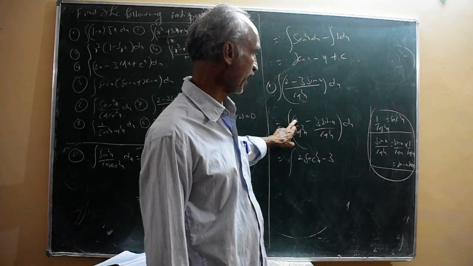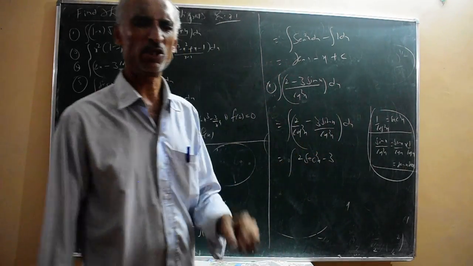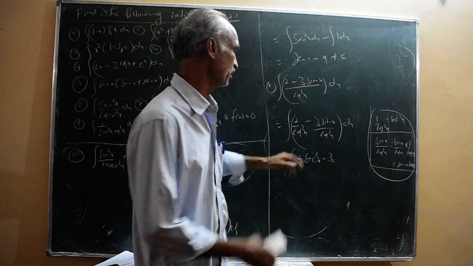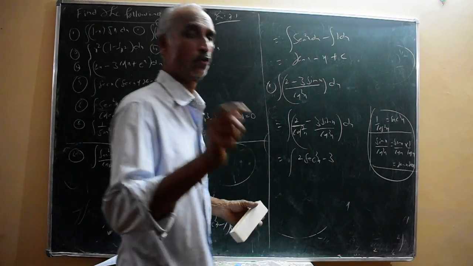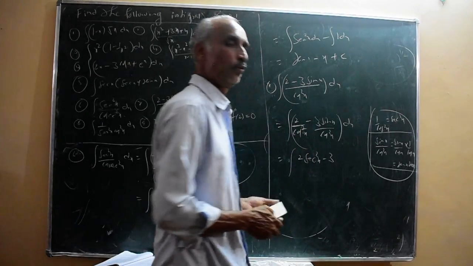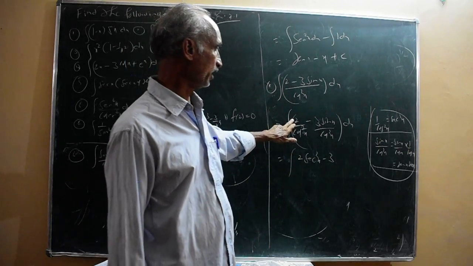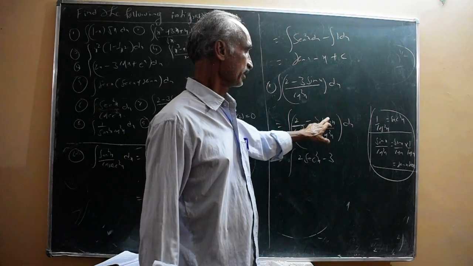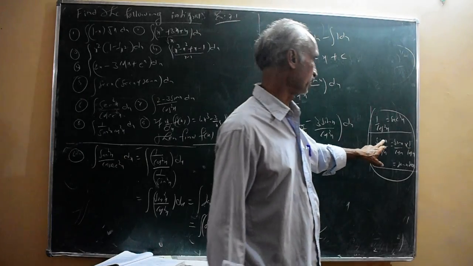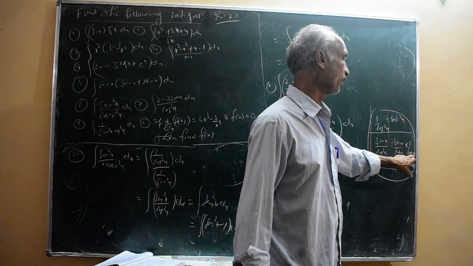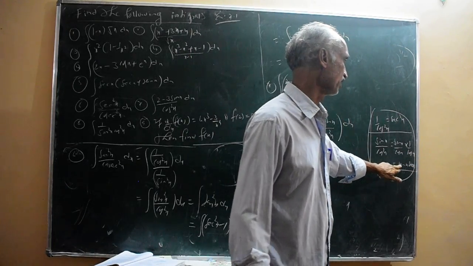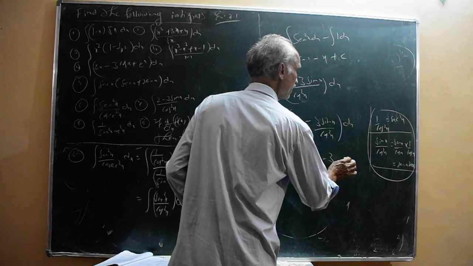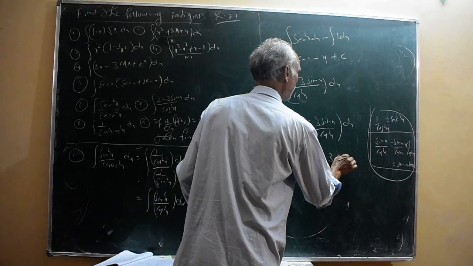So 2 upon cos square x means 2 into 1 by cos square x, which is 2 sec square x. And 3 sin x by cos square x is written as sin x by cos x into 1 by cos x, that is tan x into sec x. Therefore, it is 3 times tan x into sec x